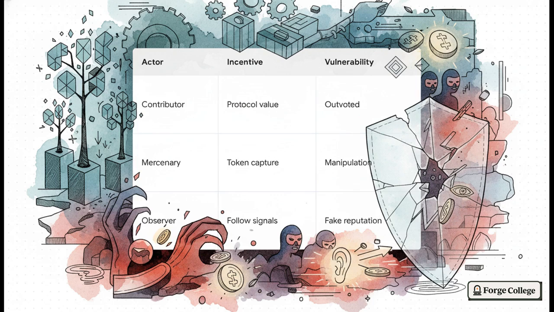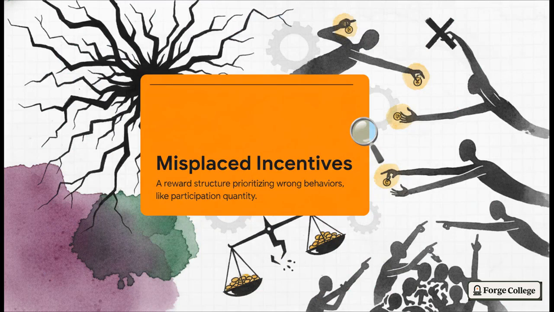The vulnerability here is fascinating, because if those mercenaries successfully manufacture fake reputational signals, like we saw with the robotic Sybil attack, those curious observers will be completely swayed, and the actual contributors will get outvoted by short-term greed. Which leads to an absolute disaster scenario: misplaced incentives. Imagine the DAO decides to reward people with a tiny bit of crypto just for voting, to encourage participation. Sounds nice, right? Wrong. The mercenaries realize they can profit by voting on absolutely everything, regardless of quality. So the DAO accidentally paid mercenaries to coordinate for short-term profit while the actual contributors completely lose out.